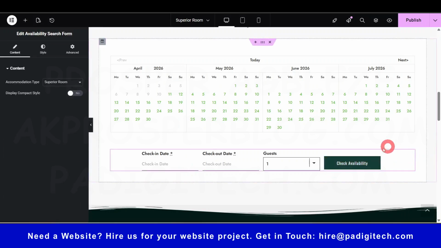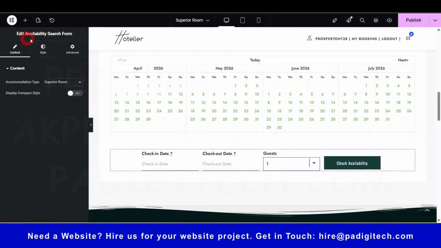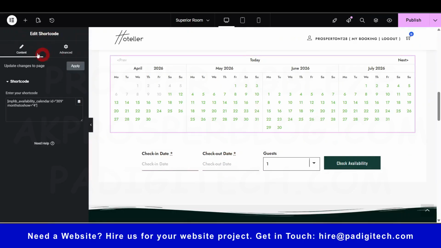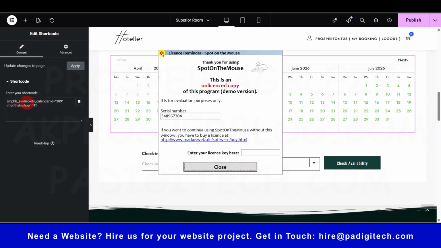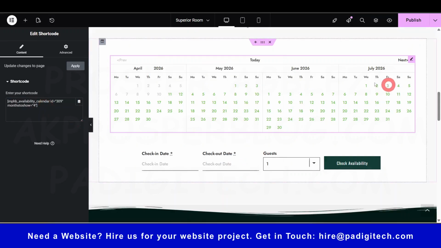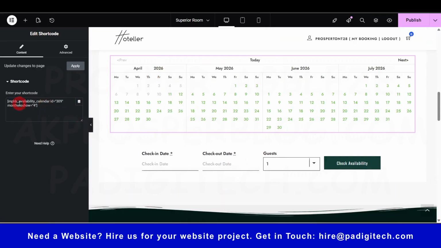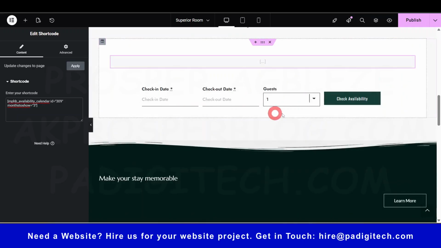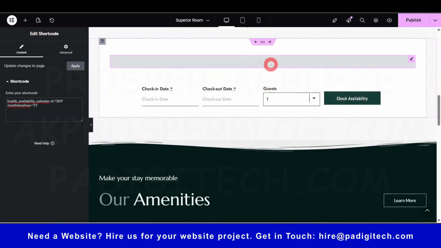These are shortcodes, that's okay. This availability search form was created using a shortcode. This is the availability calendar. If you look at it here, it's showing 1, 2, 3, 4, and if you look at the code here, it's showing 4. So maybe if I want to do it to 3, I want to just show 3 calendars. The meaning of this calendar showing here is that it shows us the dates that are available. The dates in those months that are available can guide us to choose our check-in and